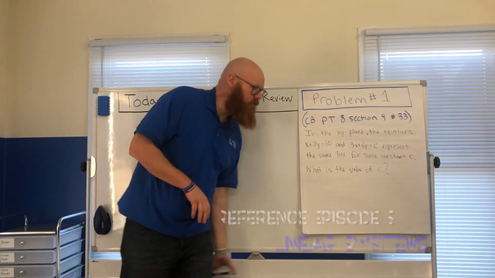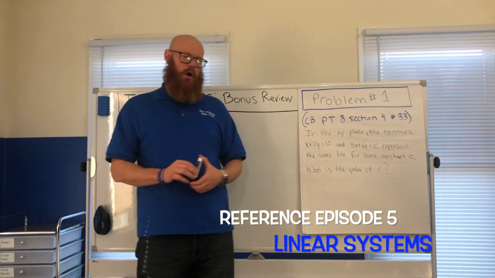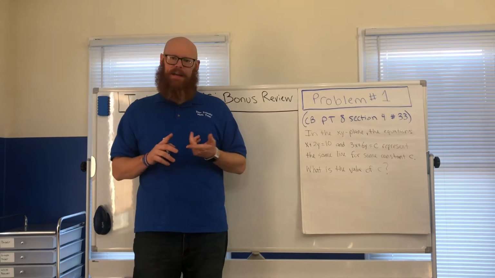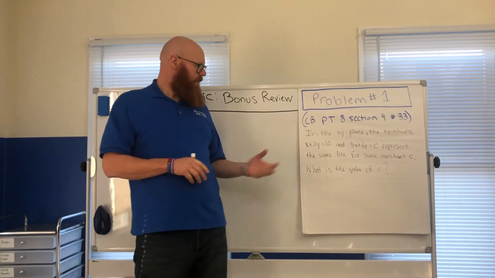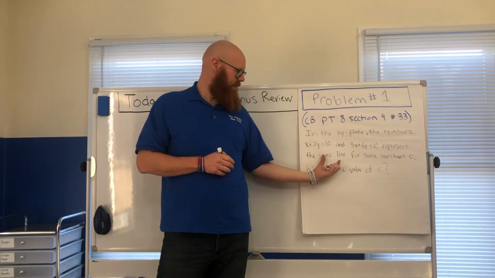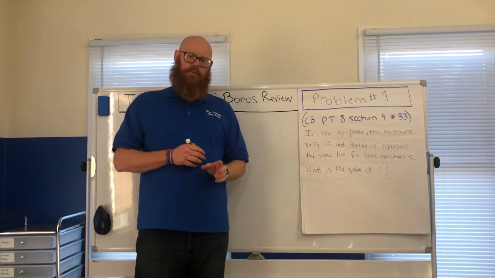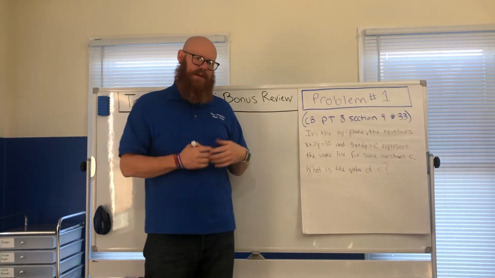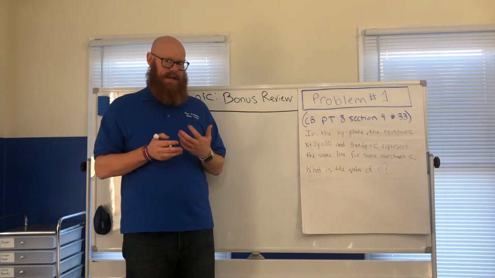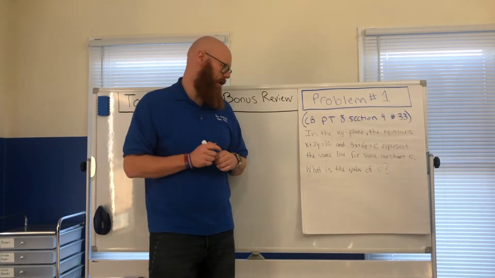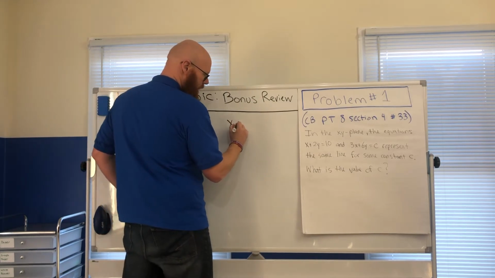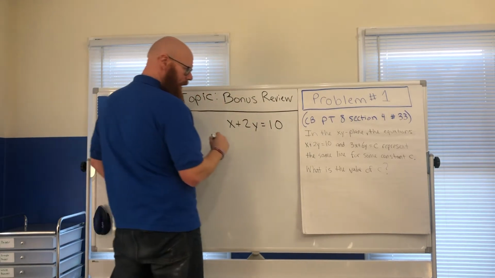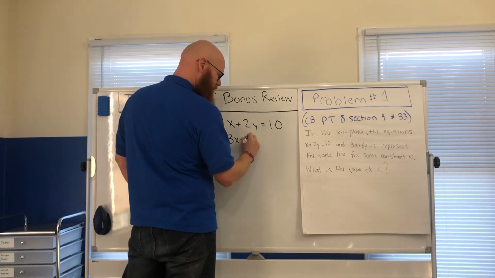So this is a callback to episode 5 on our linear systems. We talked about linear systems having either infinite or no solutions. This is one of those cases because it says this represents the same line. If you graph 2 lines that are the same line, that is our infinite number of solutions. And what that's going to look like is literally, if it's the same line, they're going to look like the exact same equation. So if I write this out as x plus 2y equals 10,